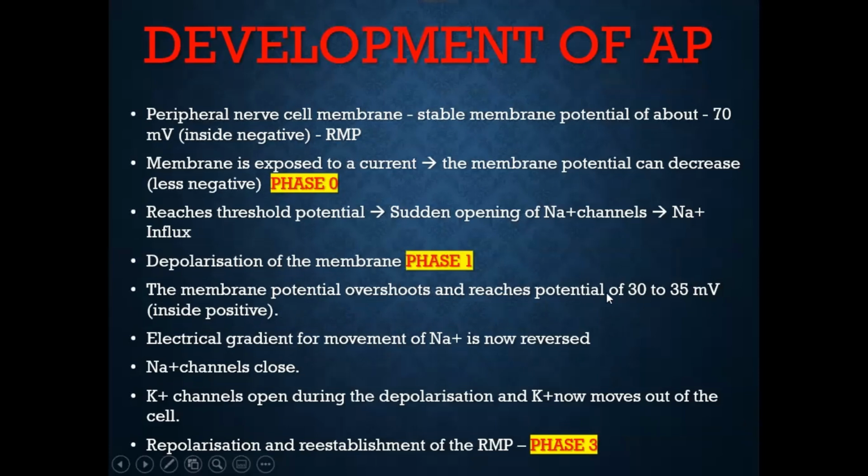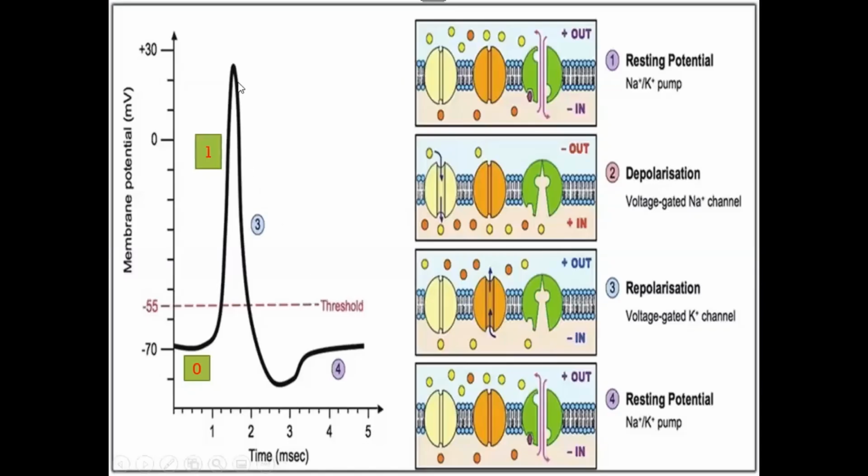Inside is positive. When we talk about potential, the value always concentrates on the intracellular value, not the extracellular. When we say resting membrane potential is negative, it's an inside value. When we say positive, it's also an inside value, because more sodium has gone inside. So the moment it reaches 30 to 35 millivolt, the sodium channel